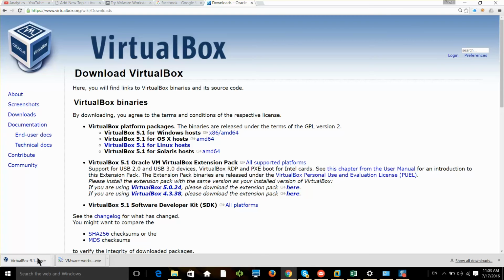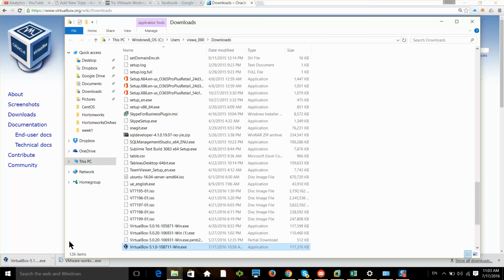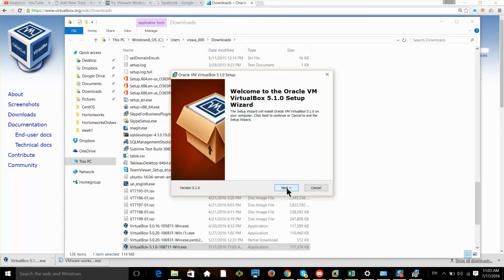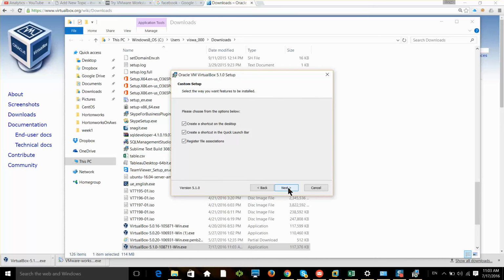Okay, so now the software is downloaded. You can click on this. I am using Chrome. If you are using some other browser such as Internet Explorer or Firefox, the location of the downloads might be little bit different. So in my case, this is the file. I can directly go there by clicking on this and clicking on show in folder on Chrome, and then double click this one, and then it will start setting up the software.